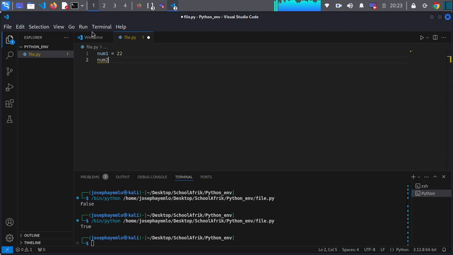When we say num2 is equal to 20.0, right? This is a float. We've already specified, but you can specify yourself what kind of value it is, and this is done based on the value you're giving